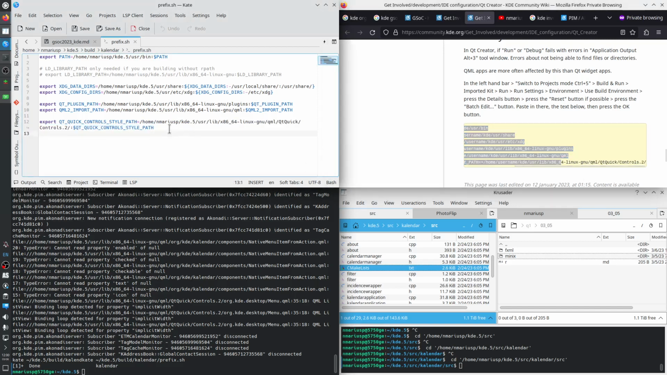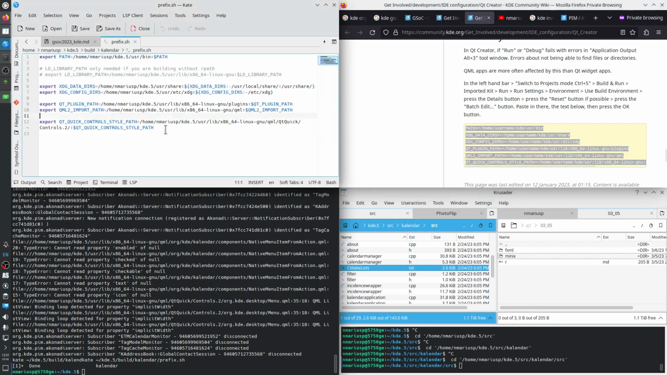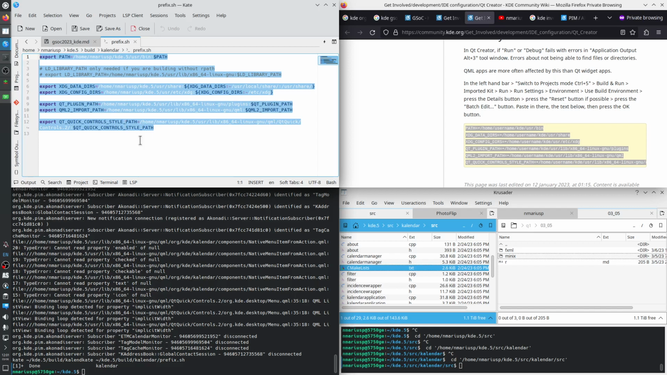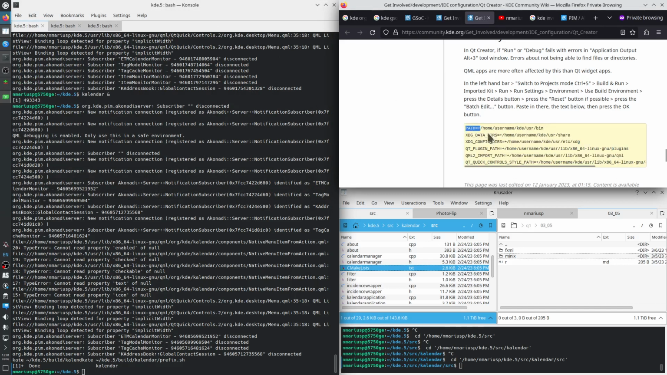So I have converted this file into this yellow block of text, which can actually be understood by Qt Creator, because Qt Creator does not understand this syntax. This syntax is for GNU Bash, the Bourne Again Shell, and we need to convert this syntax, the Bourne Again Shell syntax, into syntax that can be understood by Qt Creator, which I did. Okay, so let's take this part,